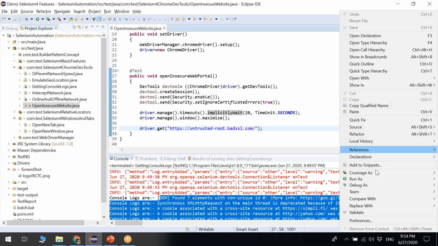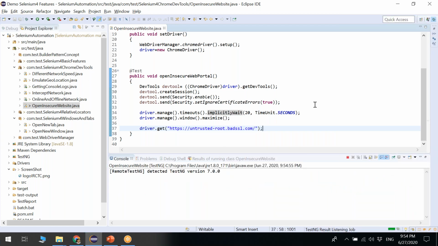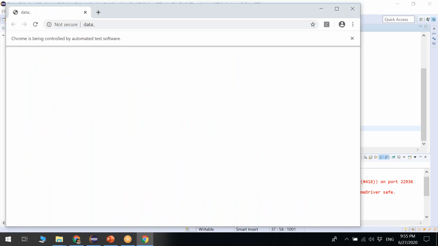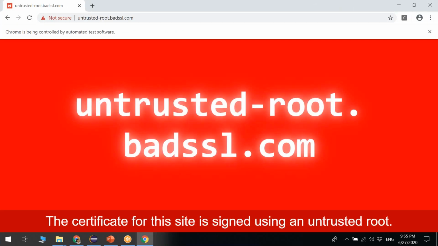So let me execute. The web page is going to open, and this portal has a certificate issue, but still, using Selenium 4, we are able to open it. Earlier, when I tried manually, it was throwing an error.